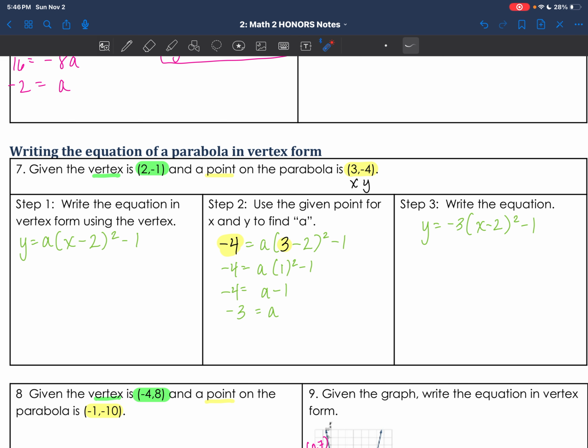And then we're going to go ahead and just combine like terms. And then solve it, and then I'll get a, so we get a times 1 minus 1. So we get a minus 1, and then we're going to add 1 to both sides, and we'll get a is -3. Now we know this is -3, plug it in to your vertex form here, and that's your final